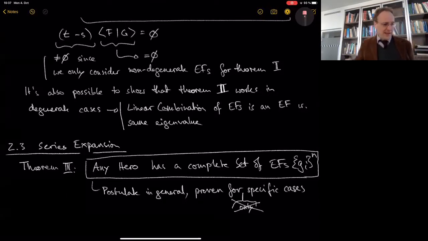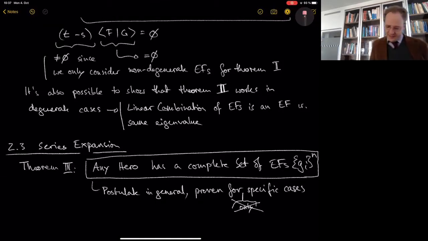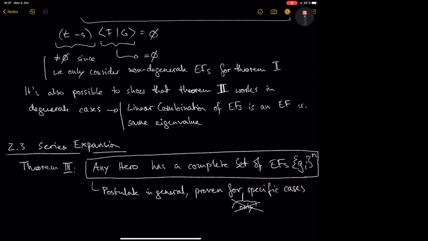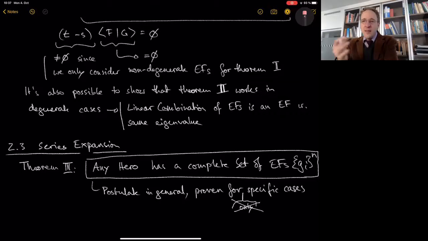Now, here's another thing. You could also say that this theorem is worth less because it's only a postulate in general. Now, you have to keep in mind that there are quite important postulates in the rigorous sciences. Another one would be the axioms of Newtonian mechanics. Or Einstein postulated that the speed of light is a constant. So these are postulates. You cannot prove them. They have been inferred.